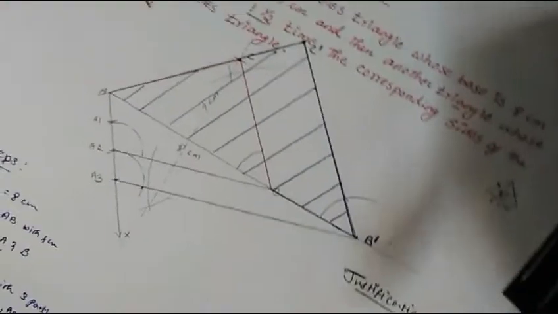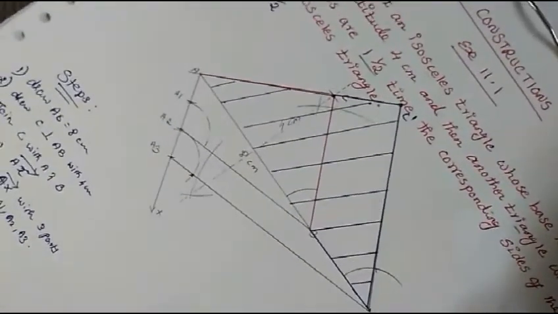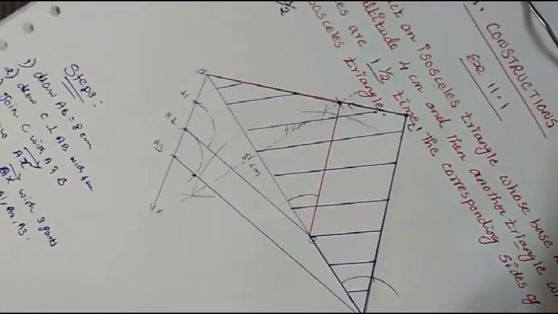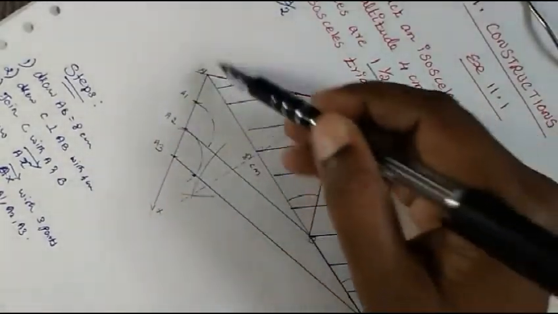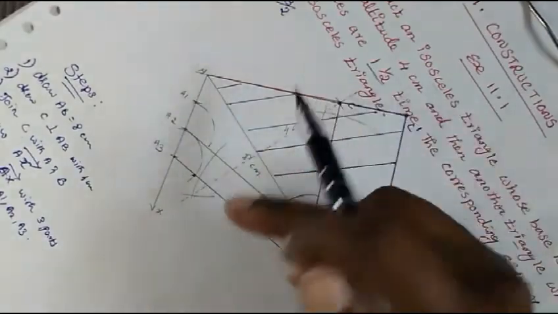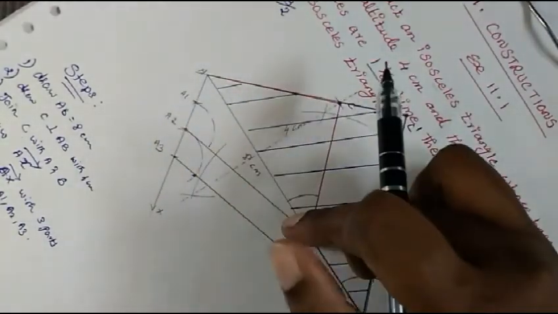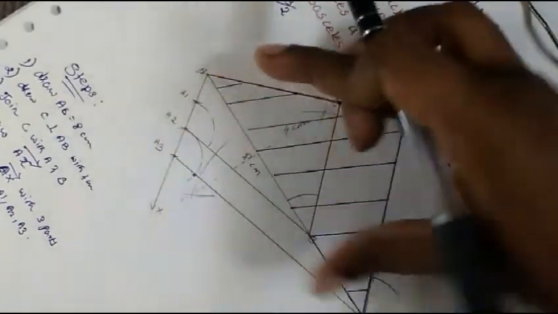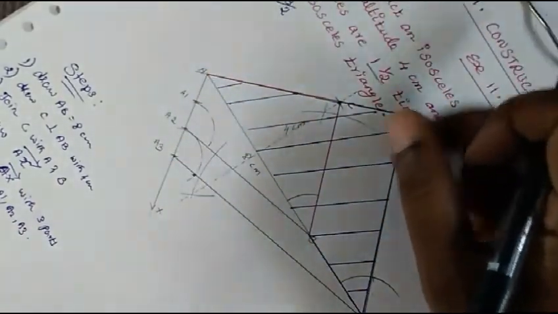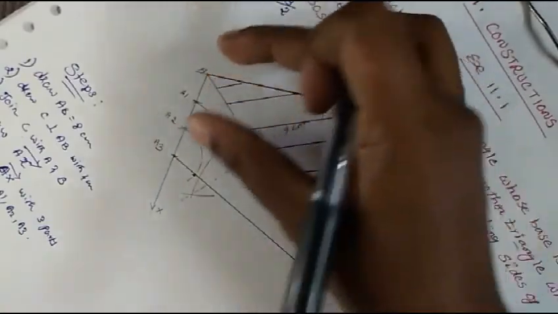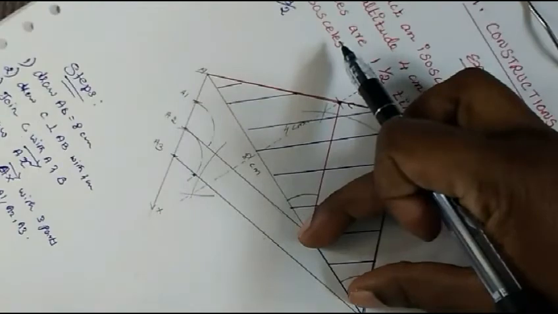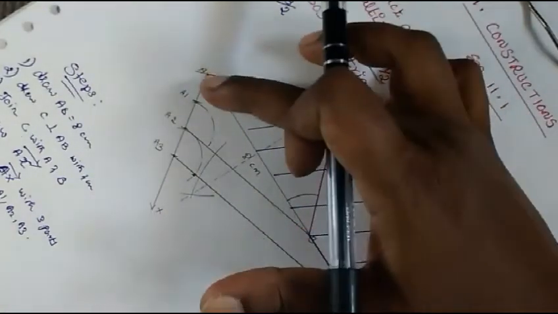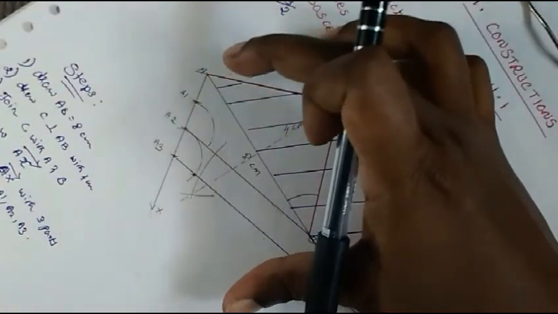So what do we do first? We will say that by the BPT theorem, if this is a triangle, and when you draw a line parallel to one side of the triangle, that line will divide both the other sides of the triangle in an equal ratio. Here 2 parts and this is 1 part. So it is dividing in equal ratio. That's what we are going to write.